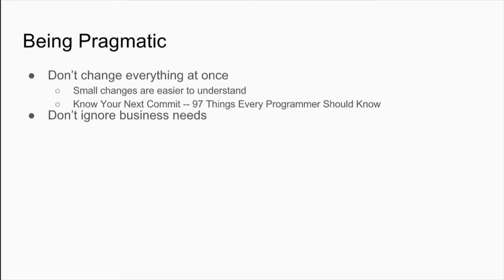And the last thing I want to leave is don't ignore business needs. You can have the highest quality, always writing tests, always 100% coverage, blah, blah, blah. But if you go out of business next week because you couldn't release a feature, that doesn't mean anything. So if you're going to make changes and you can't meet the timeline that your business needs, you can always say, I can't write this test that I need, but I've tested that it works. I'm going to do it in the next sprint, and tell the business, hey, I need a little bit more time to finish up what I worked on last time. I got you the production code, but I need to make sure that we don't let anything seep into our code base.